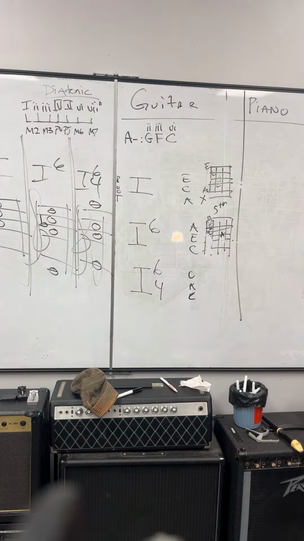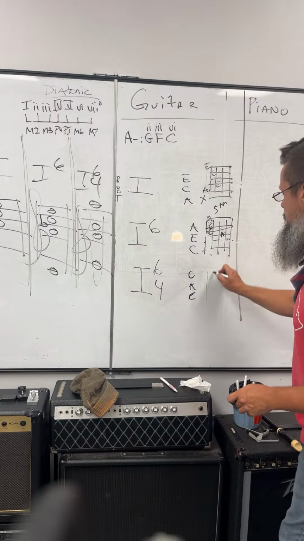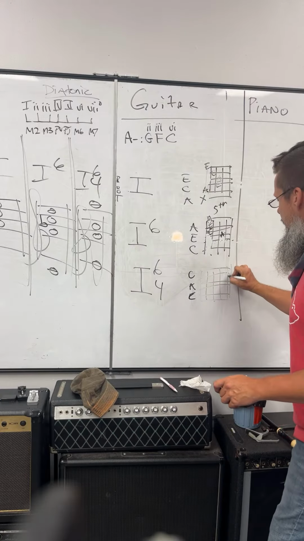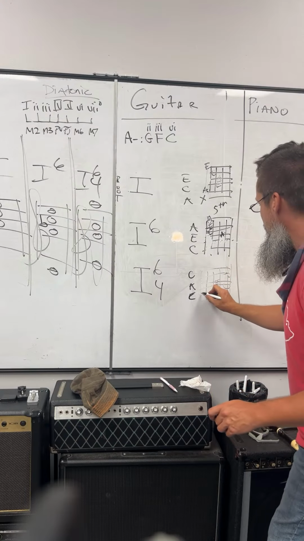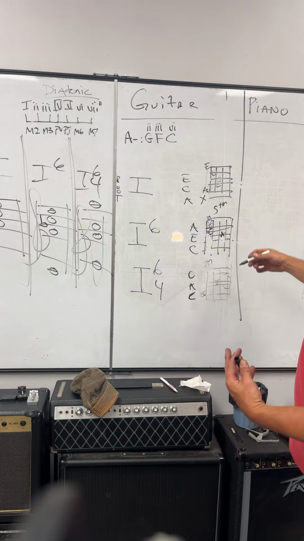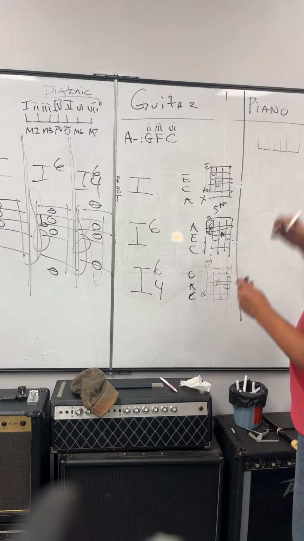So being able to know where these notes are on the fretboard allows us to put everything in perspective and move it around. This one aforementioned, when we do the A, E, and then the C, and then the E over here, this is all on the 7th fret. This is a way that we can see our inversions, and by doing it on a piano,